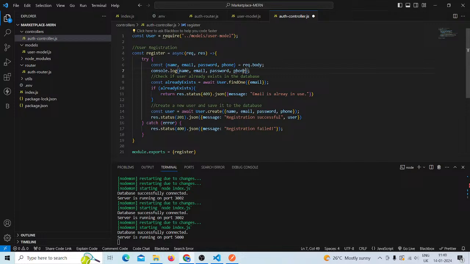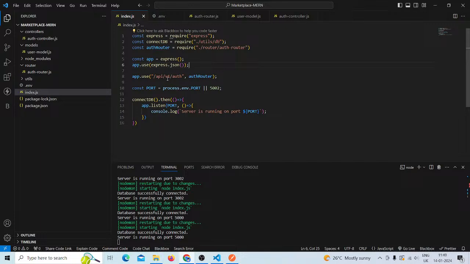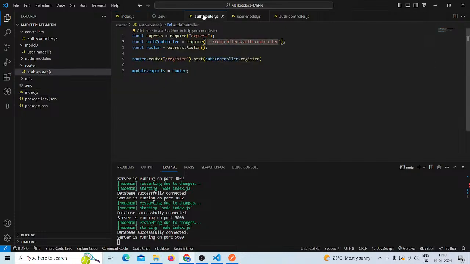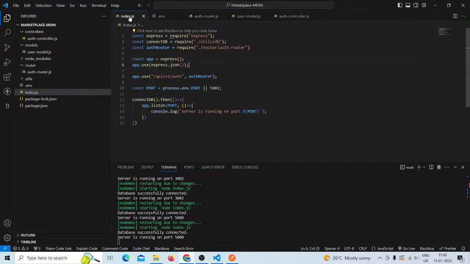I don't know. I'm just learning, so I don't know. Server is running on port 5000, fine. We are sending the request from 5000, fine. API v1 auth and register. API v1, auth, and then the auth router is register. Okay, this is still fine,